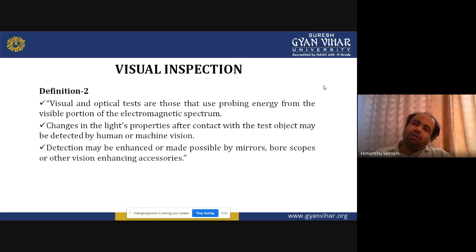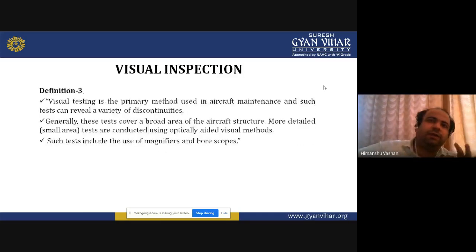meaning there are hollow spaces inside, and you are trying to scan them. So in that way, if you want to scan those underground areas, it is done with the help of borescopes. Any changes that are seen also show some indicators and indications, and then you interpret and evaluate accordingly. Then the third definition: it is primarily used in aircraft maintenance, and in this they test